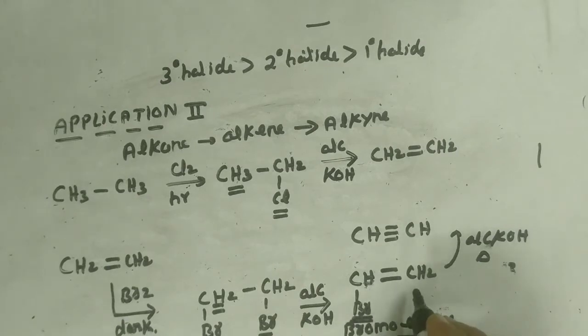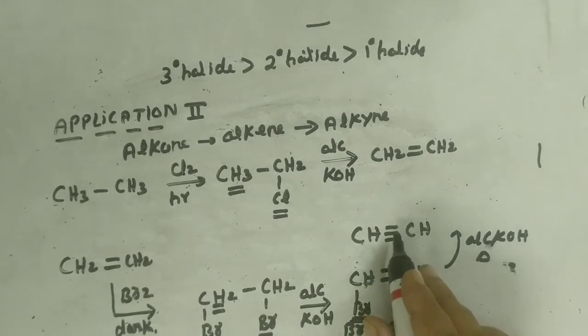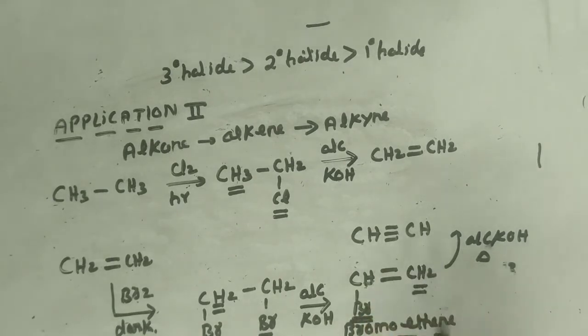And the hydrogen from the adjoining carbon. Remove halogen and hydrogen from the adjoining carbon. If you're removing halogen from here, you have to remove hydrogen from the adjoining carbon. So this and this will go, and now ultimately the double bond will convert into a triple bond. So if you want to convert alkene into alkyne, what you have to do? You have to do halogenation and dehydrohalogenation two times. Two times you have to subject the compound to dehydrohalogenation.